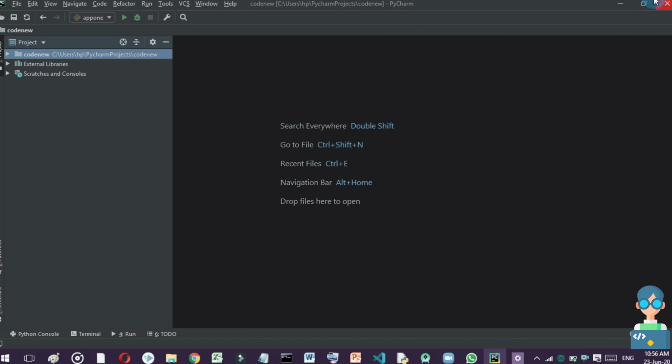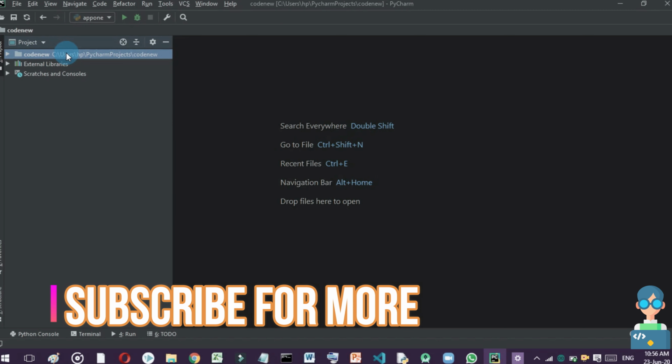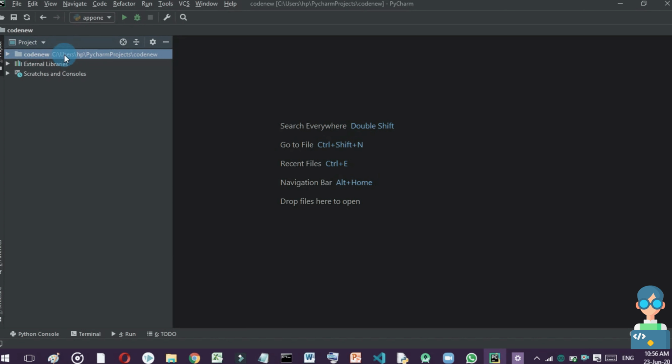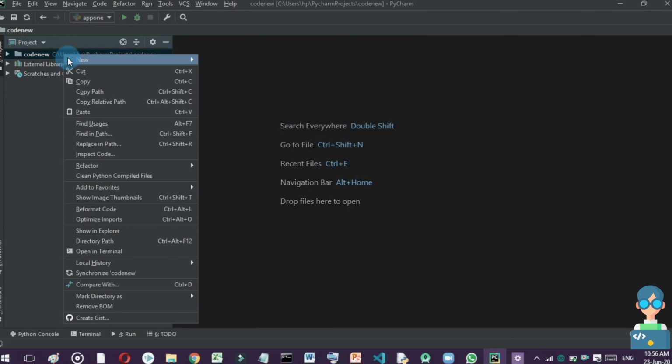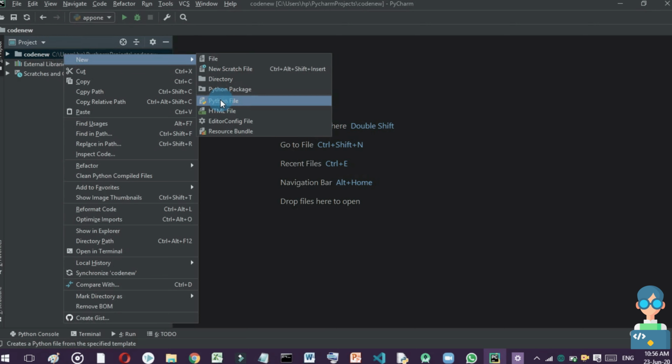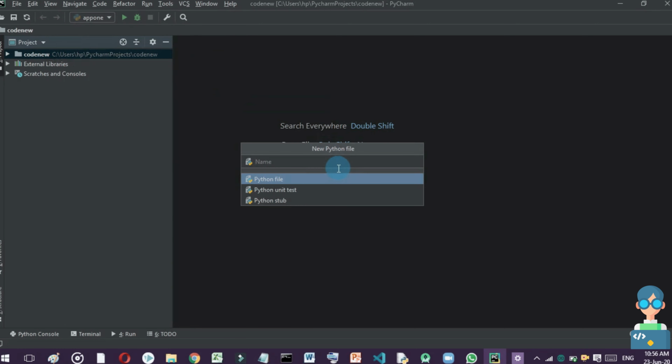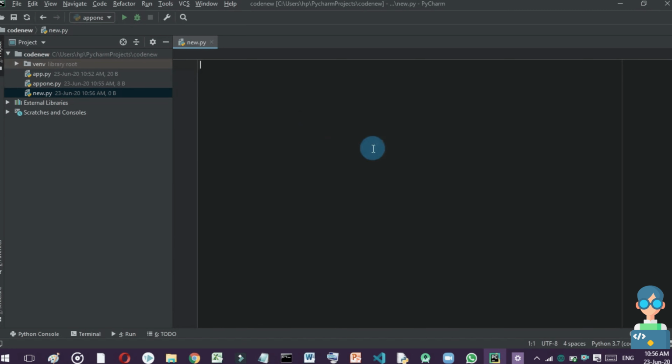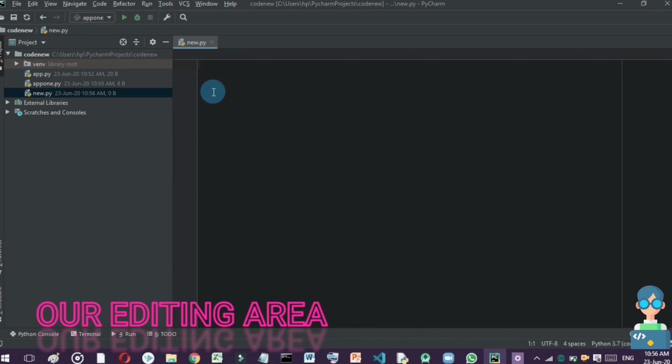To do it we will open PyCharm, and after opening you will see this type of window. In this window you will give your virtual environment your project name. Here I have given it code new. To start, we will just right click, then click New and choose a Python file. We will give it the name new. After clicking it, you will see that we have got a new space to start coding. Here we will give our statements or code to get it done.